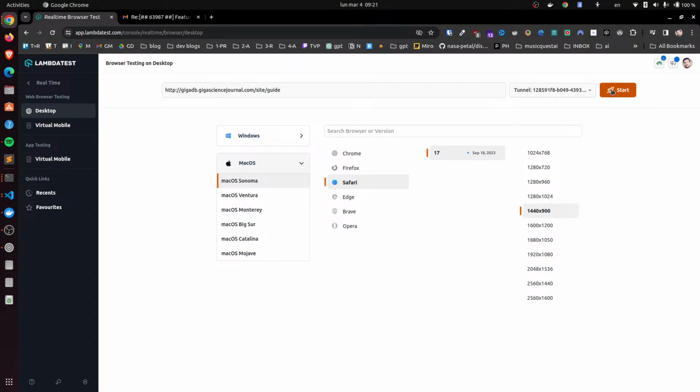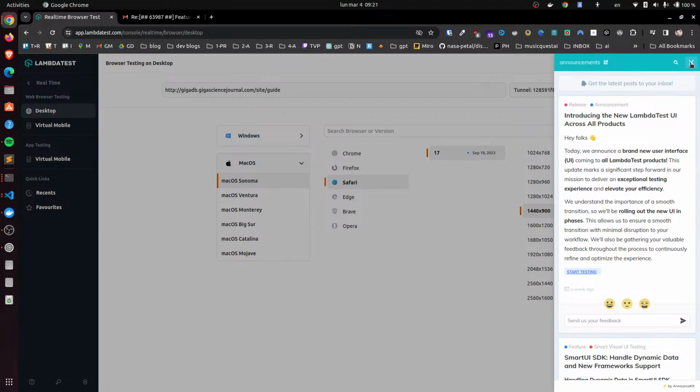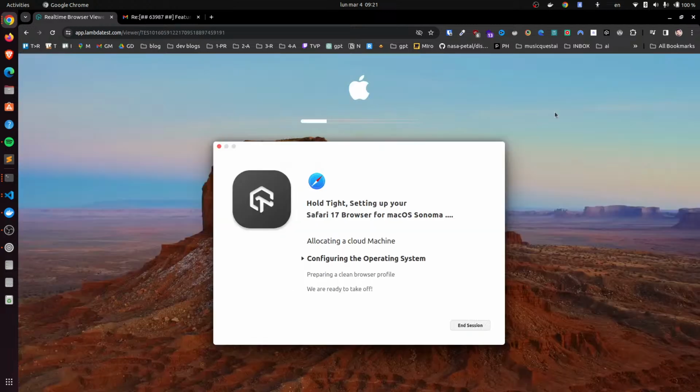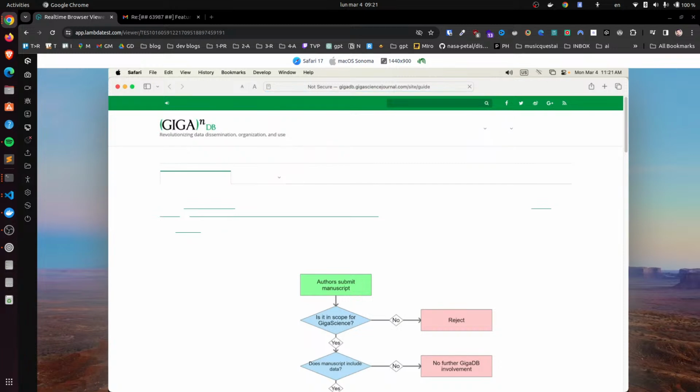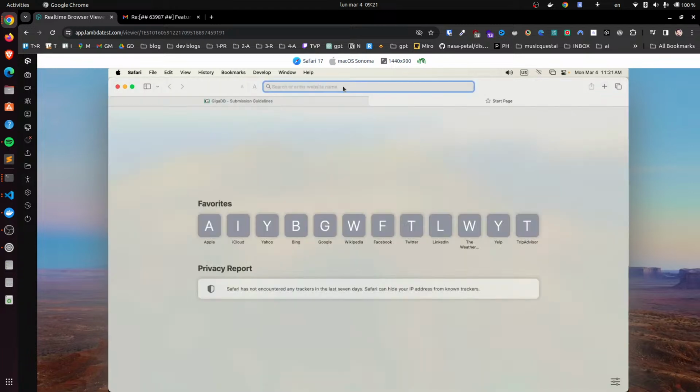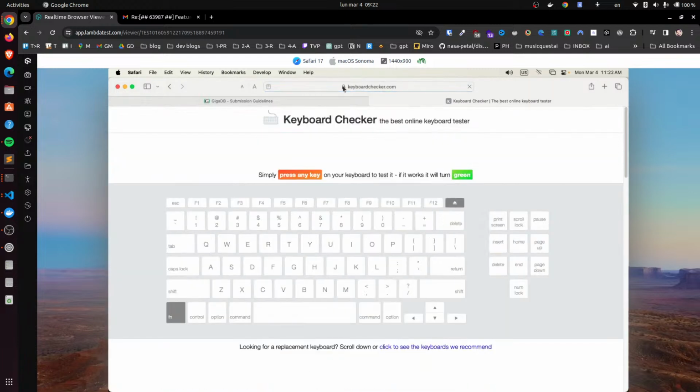Okay. Now we have this. Let's let this page load correctly.